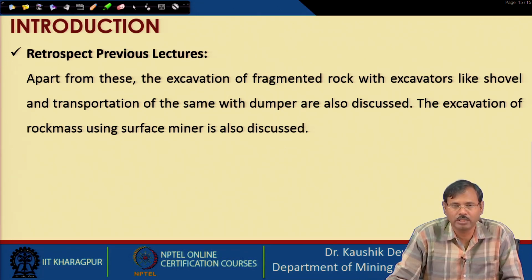Then the drag wire drags the bucket towards the machine, and the machine is standing above the bench. So, the bucket moves rubbing the face of the bench, and on that movement the loose material of the rock muck pile which is there after the blasting enters into the bucket, and in that way the bucket is filled.